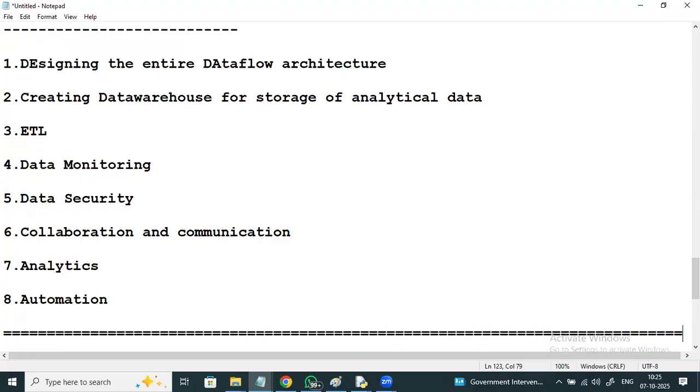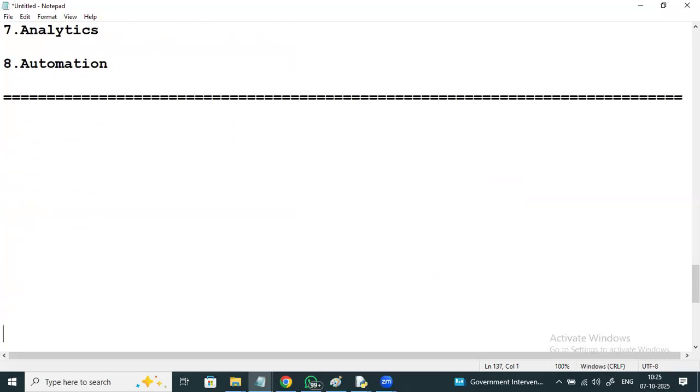And if I talk about data engineering products or services, what are the various Azure data engineering products or services? Azure provides many products and services, but for Azure data engineering, what are the various products or services?